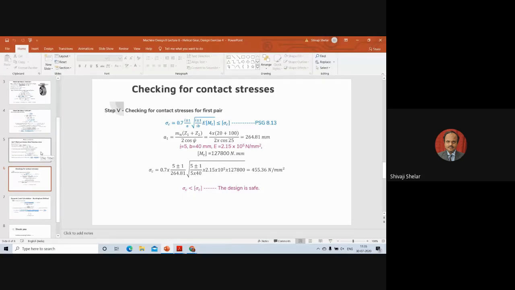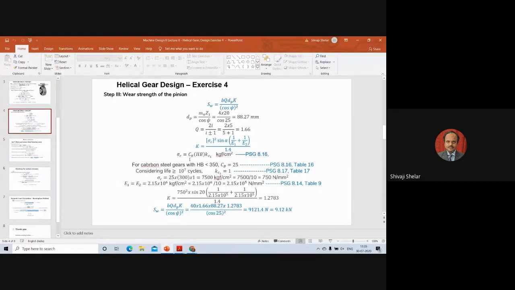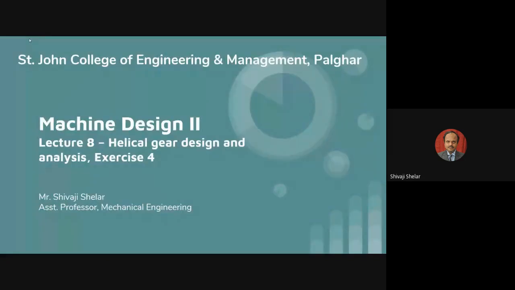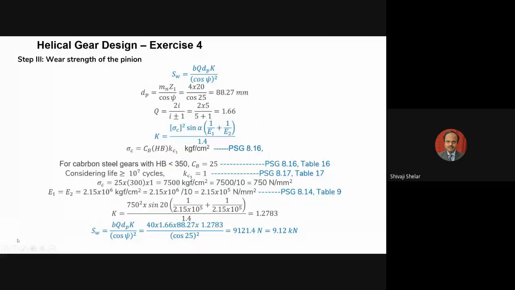Yes, here we have calculated that value, sigma C, and you can see that value here. My design value of sigma C, when calculated, has come as 750 Newton per millimeter square. So this is the maximum permissible value. So we are going for the calculation.